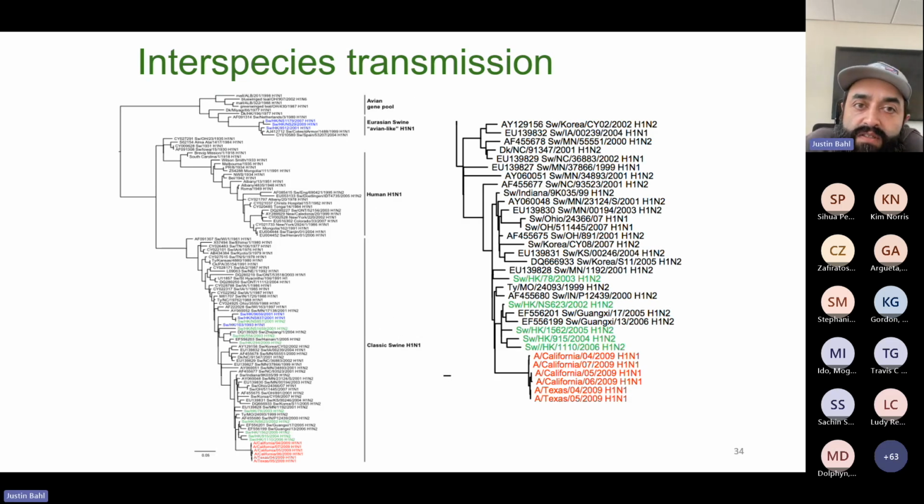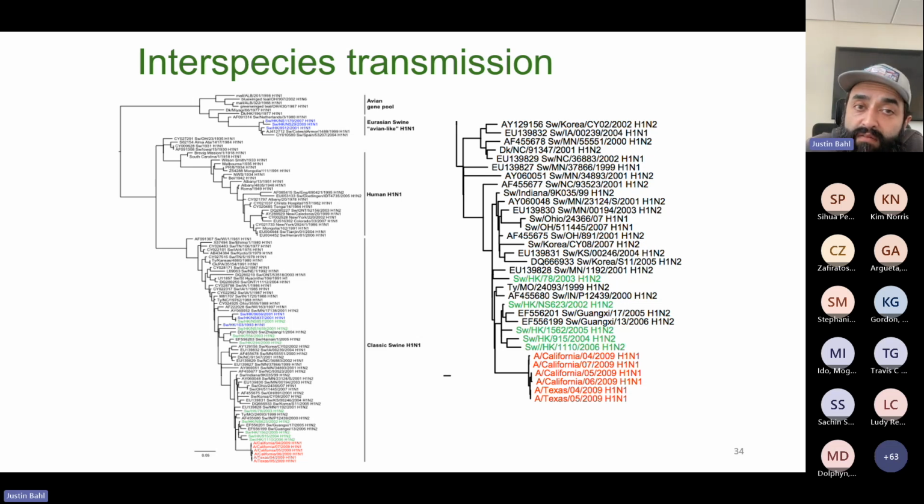We also detect signals of interspecies transmission. This is the emergence of pandemic H1N1 virus. These ones at the bottom in red were the earliest H1N1 2009 pandemic viruses found from individuals in California and Texas. These two groups were not epidemiologically linked, but they were monophyletic, so they were all being infected from the same virus, but these groups were not linked in a clear way,